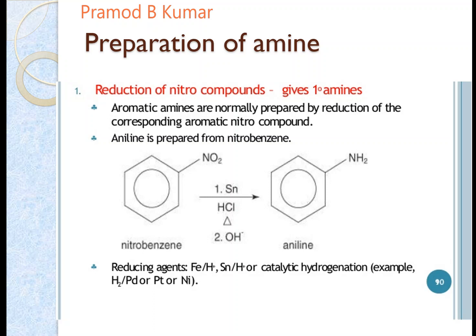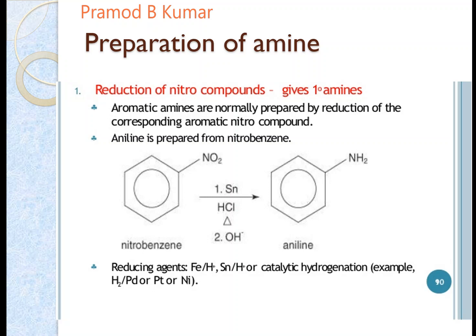Once you are done with the reaction, you have to treat it with base to remove the hydrochloride salt. Once the reaction is complete, your nitro gets converted and it will be in hydrochloride form, so it will be water soluble. So you have to treat it with base to neutralize it and get your free aniline. So this is how you convert